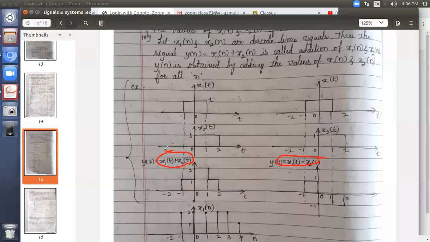So don't worry, even if you don't understand this, please, whatever examples here I have shown, you take pen and paper, try to put the same example on the paper, because now you are simply listening to the class. Signals and system is a subject which will not come by reading. It needs practice. For that, these examples rewrite on the paper. If at any point, if you get stuck up and don't understand anything, please you can ask me.